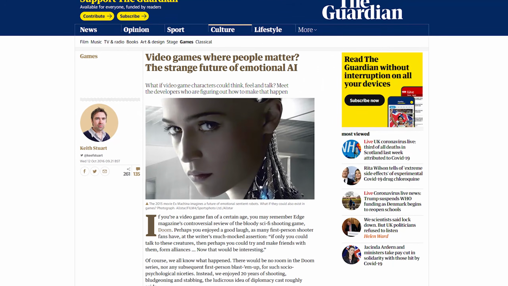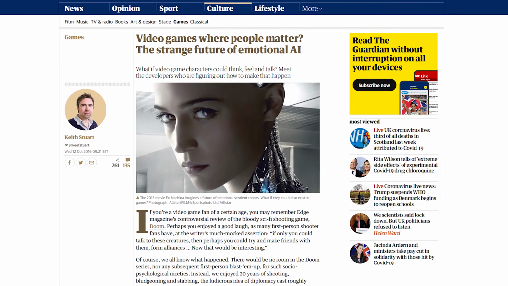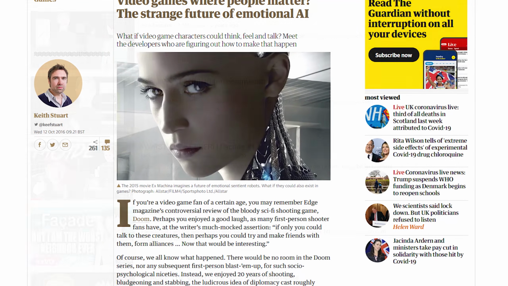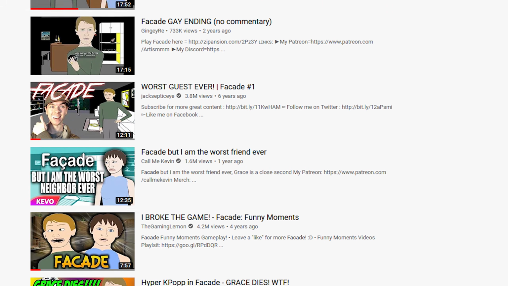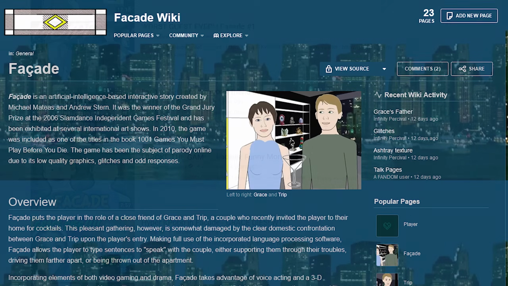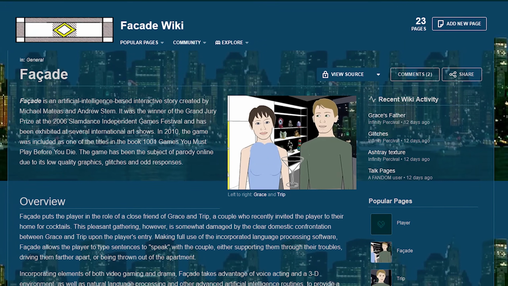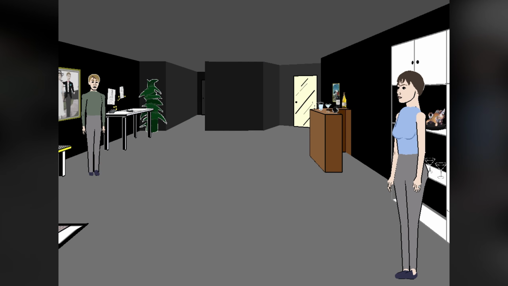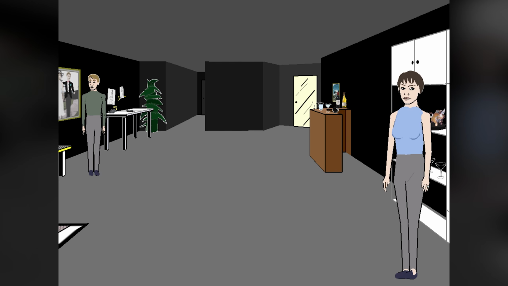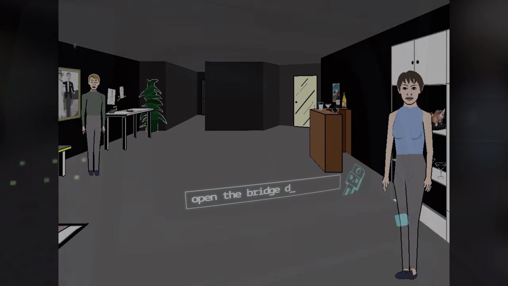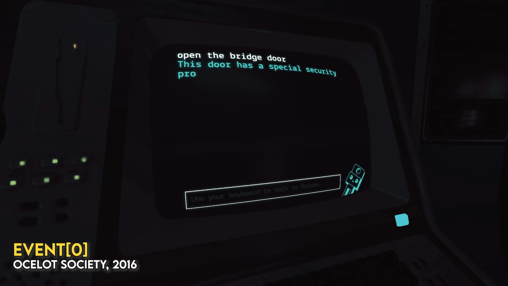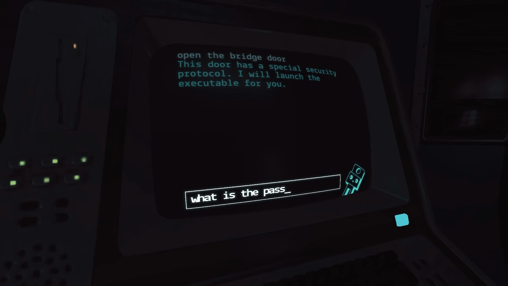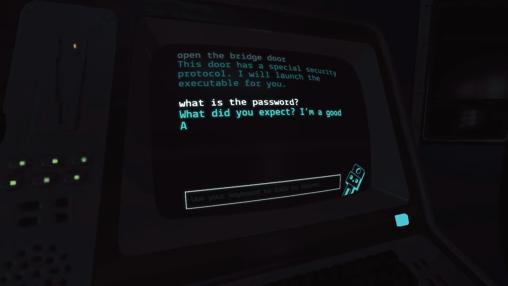Meanwhile, numerous academic publications in journals, conferences and books have been published discussing the design, development and processes behind the game itself. Not to mention all of the YouTube walkthroughs, guides and jokes that have accumulated millions of views over the years. And to date, it is still a remarkably novel application of artificial intelligence in video games, as the characters read the input typed in by the player and make attempts to respond within the established drama, with the likes of Ocelot Society's Event Zero being one of the few commercial games that explore this concept in recent years.